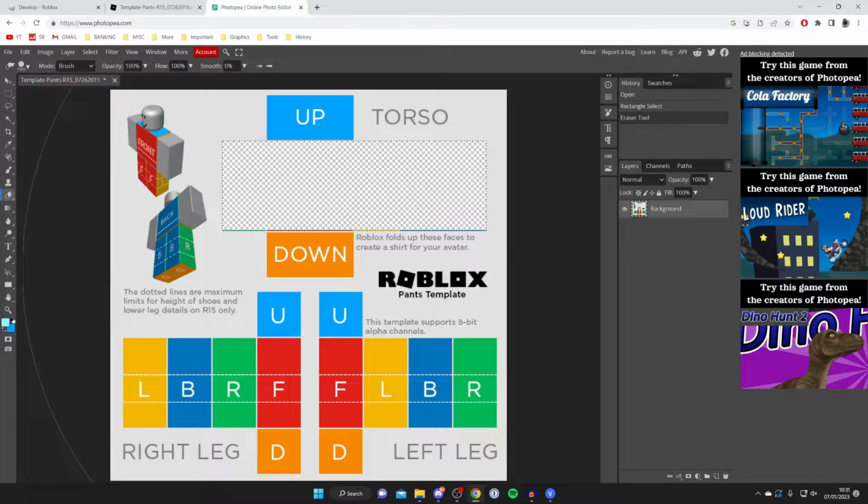Then to unselect that area we just selected, do Control D, just like that, and there we go. I did actually miss a bit there, so I'm going to go slightly lower, just like that, to get that area I missed. And then I'm going to repeat that step to remove this up and down bit as well